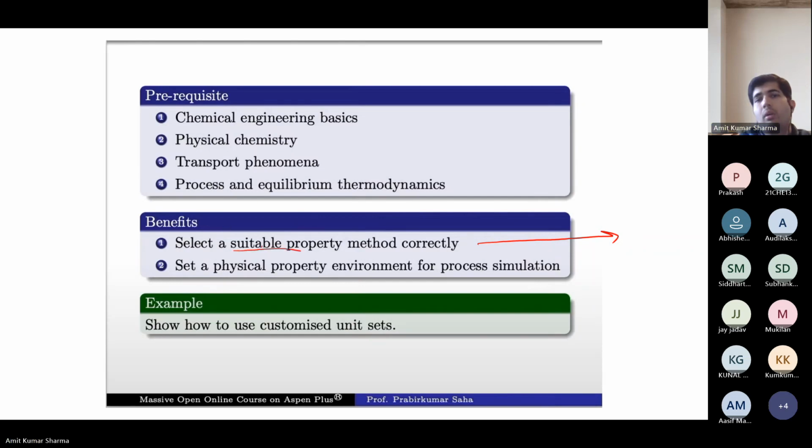You should know how to select a proper property method for your system. Okay. And how to select all the parameters, because in property we can set multiple parameters, and when you have a complex system, if you don't have all the arrangements of your components and your properties, then it will be difficult to analyze the complete result. So in this view, we will also cover how we make a group of some components so we can easily see the results and all.